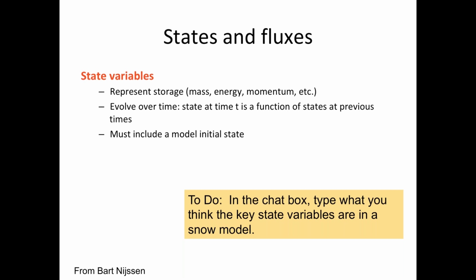So snow temperature and how that evolves through time is a state variable. Soil temperature is a state variable. It evolves through time. Liquid water content in the snowpack is a state variable. I haven't seen the absolute, maybe someone typed, sweet, Bart got it, yeah. There we go. Since I don't see all of them, yeah. Probably the most important is how much snow water equivalent do we have, right? How much snow is there to start with?